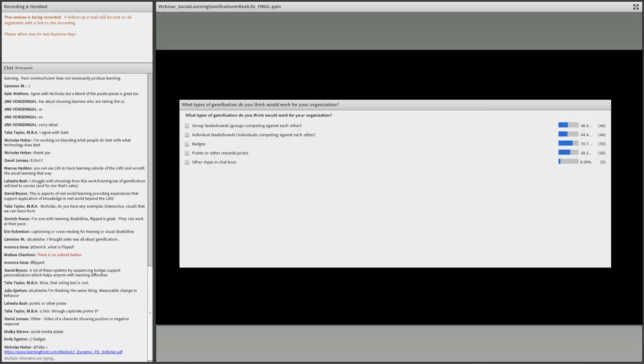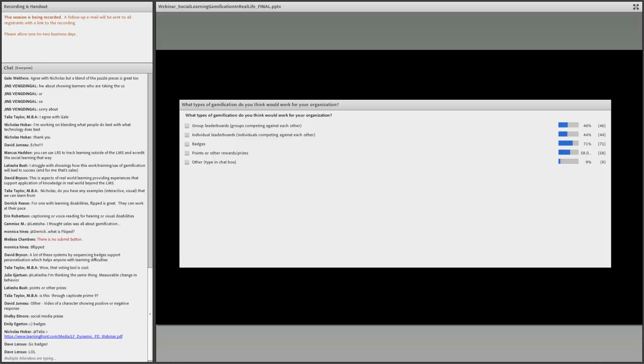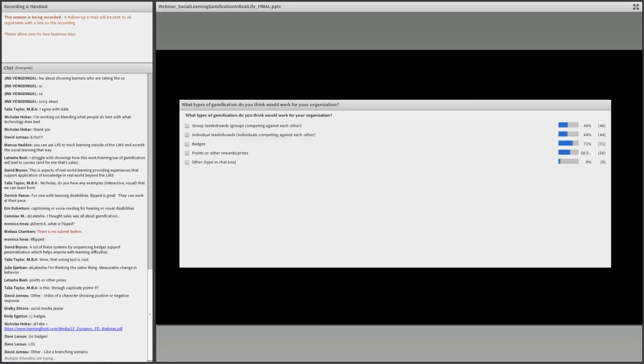We've got group leaderboards. The nice part about this is we actually have a nice split going. We don't have a major lead amongst the options, and we've got some great options coming in the chat box as well. And Talia, yeah, the voting tool is very cool.